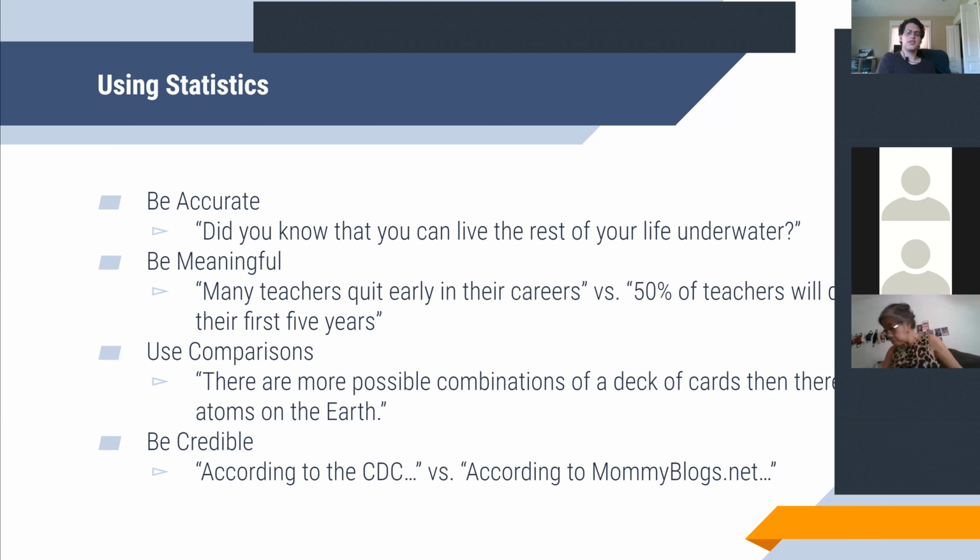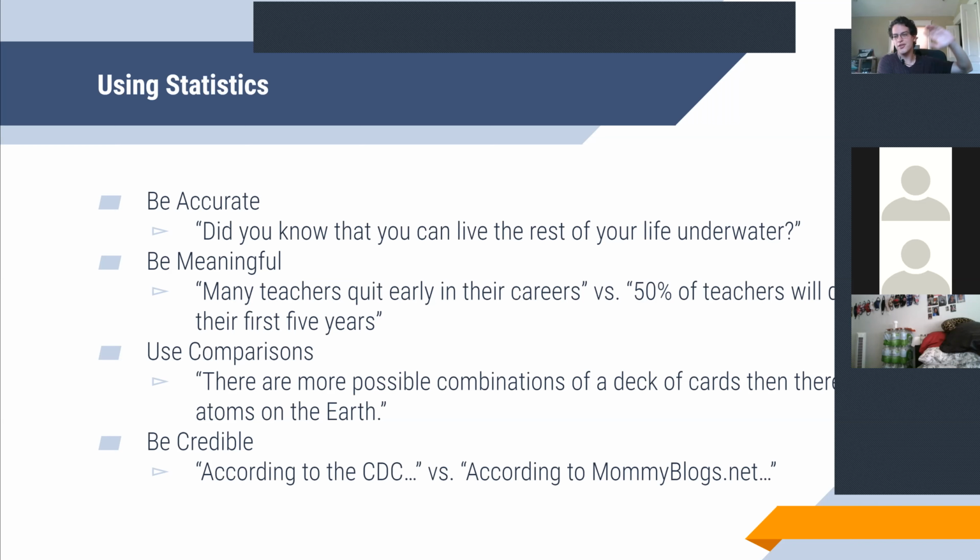How I can present that is I could go, every year we waste the equivalent of 13 Empire State Buildings of food. That means that we waste 13 Empire State Buildings in food every year. Now you can think of how big the Empire State Building is. Imagine an Empire State Building made entirely of food. Now imagine 13 of those, and then imagine all of that going to waste instead of going to people who desperately need it. That provides a much more specific frame of reference. Now you're actually able to visualize how big a number that really is.